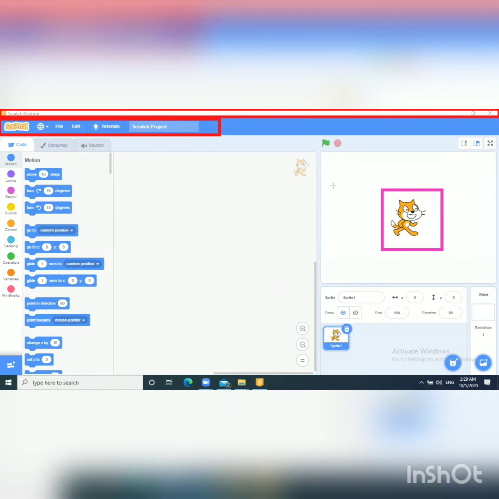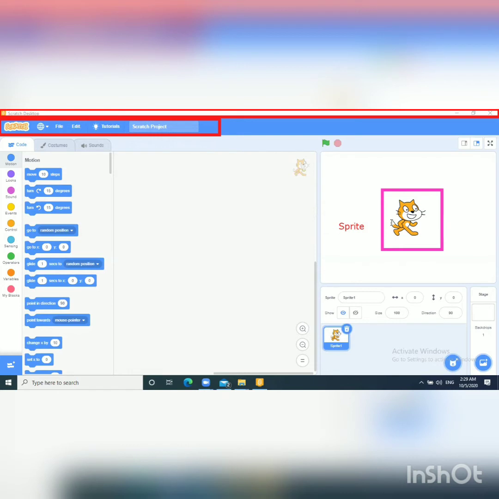Sprite is basically a small graphical character that performs actions in a project.